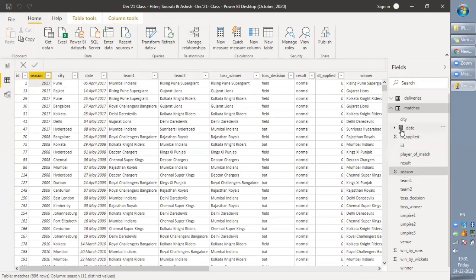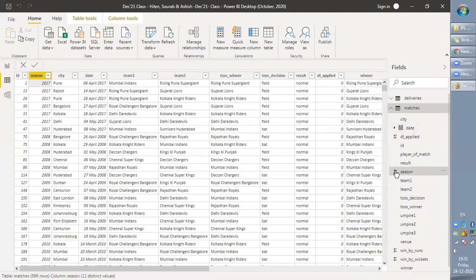You can see here as well, this is the symbol of data type. In the first session, we had discussed the data types, say strings, integers. So the system recognizes this date column as a date, whereas the season column is recognized as a number.